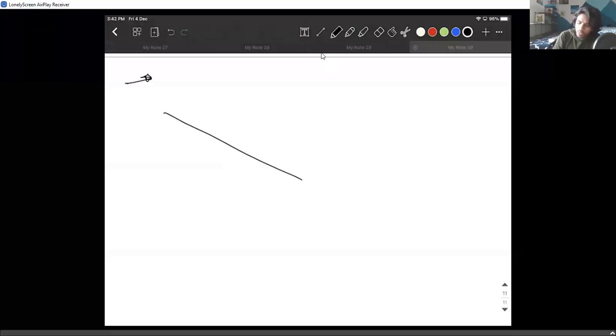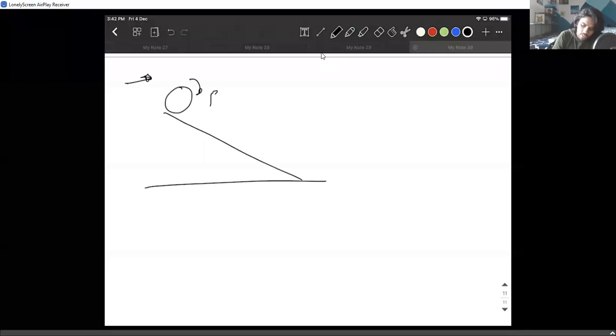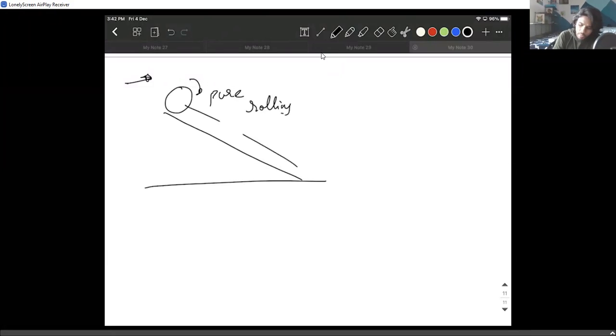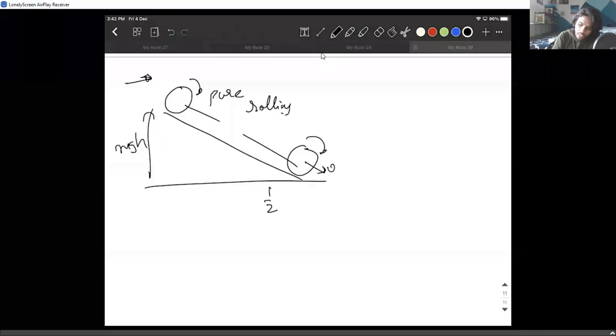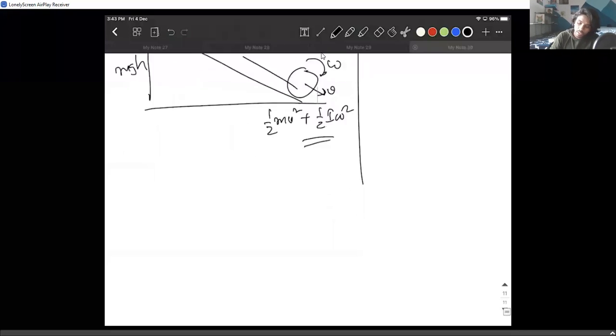So the problem goes like this. Like I mentioned on this side, the body is in pure rolling. By the time it comes back, all we need to do is simply write mgh. Since it is in pure rolling, it has v and it has omega, so it will have half mv square, half I omega square, right? But if we have a smooth surface,